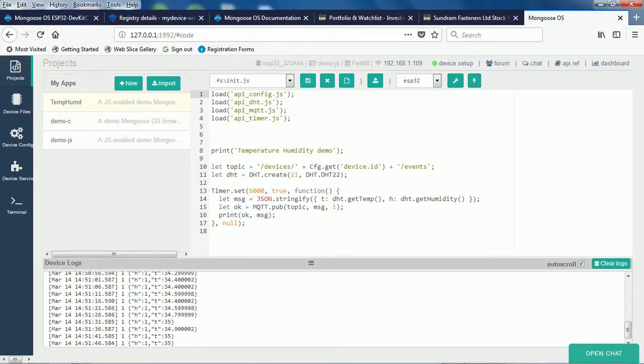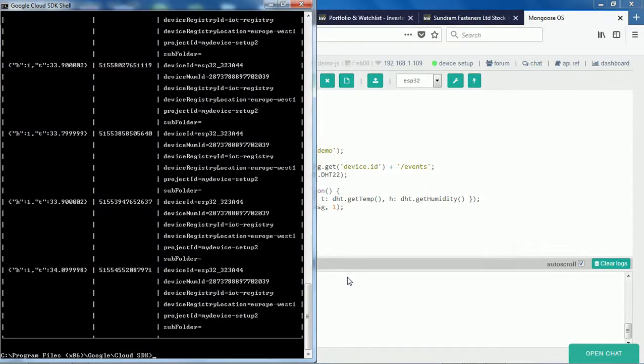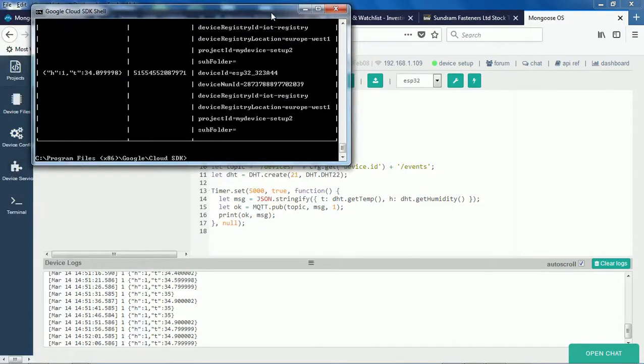Here we can see this temperature is getting logged, which is obviously getting captured. Now this particular temperature is sent onto the Google Cloud, and we will try to pull that temperature so that we know the things are going on properly. I can show you this. So this is the Google Cloud.